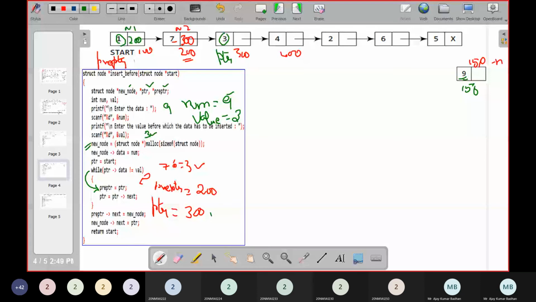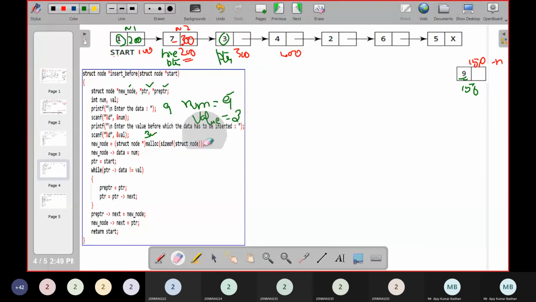So this is coming to the location pre-pointer to 200. Again, you people will be repeating the same thing here. So this time, I think you will be getting it. So pointer data not equal to value. Pointer is pointing to the node which has address 300. What is the data we have in this? 3. 3 is not equal to 3. Yeah, condition failed. We have reached the case. Simply I'll be skipping this particular inner loop and I'll come to the next statement.